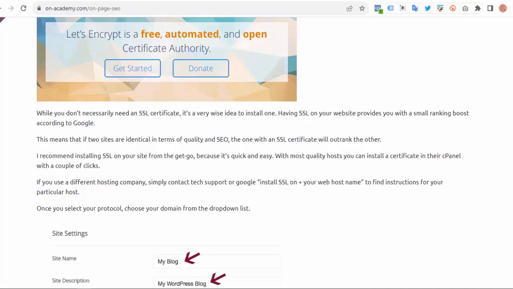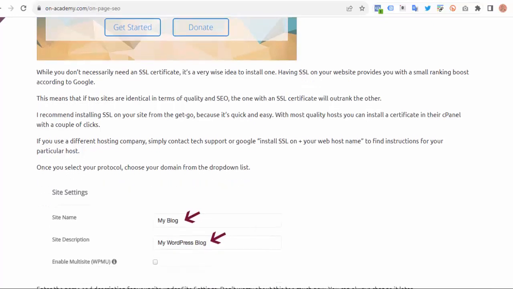Let's Encrypt provides free SSL certificates, so there is no reason not to make your site secure. While you don't necessarily need an SSL certificate, it's a very wise idea to install one. Having SSL on your website provides you with a small ranking boost, according to Google. This means that if two sites are identical in terms of quality and SEO, the one with an SSL certificate will outrank the other. I recommend installing SSL on your site from the get-go